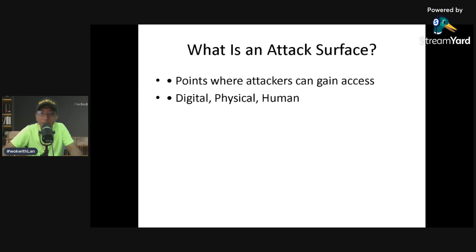So there are three main types of attack surfaces. First of all, digital. These are networks, servers, cloud systems. When we say physical, it can be buildings, the doors, the hardware. When we say human, that is us, who can be considered the weakest link. These are the employees. Maybe these are disgruntled employees, users, decision makers. The larger the attack surface, the higher the risk.